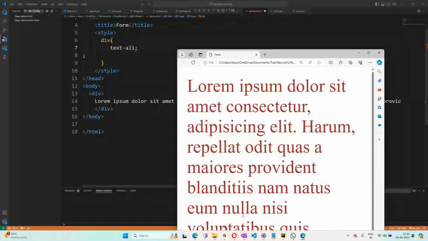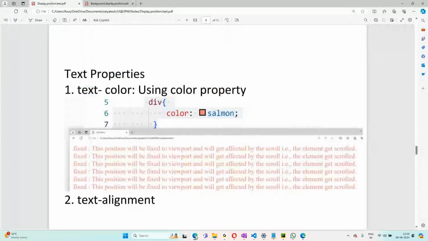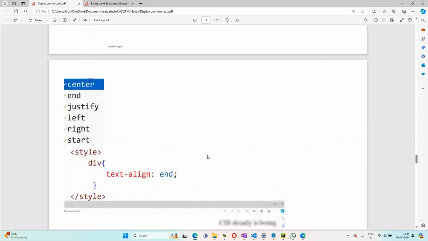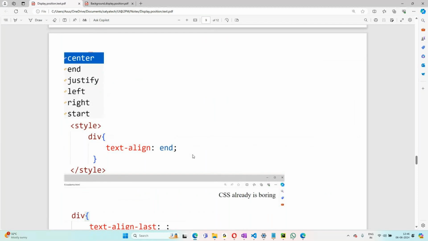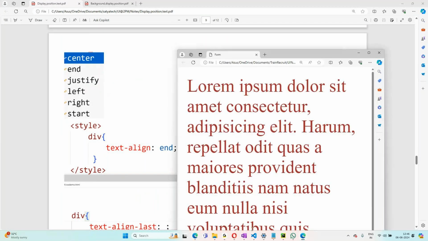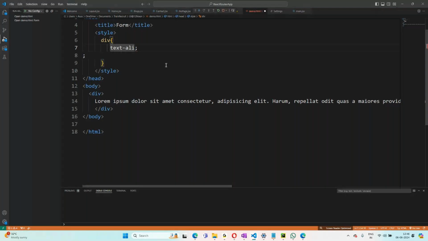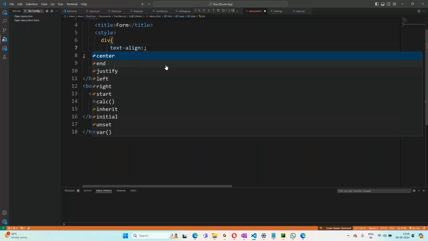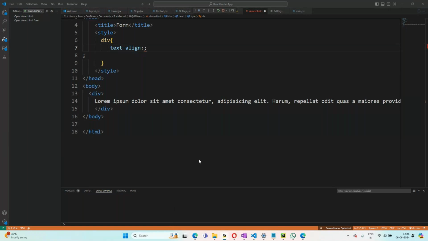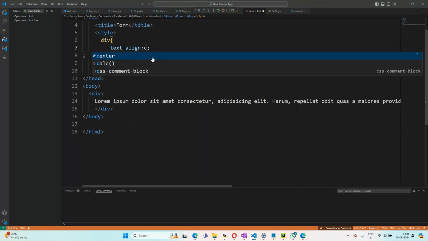Text align options. Okay. So text align. So suppose if I'm saying center,